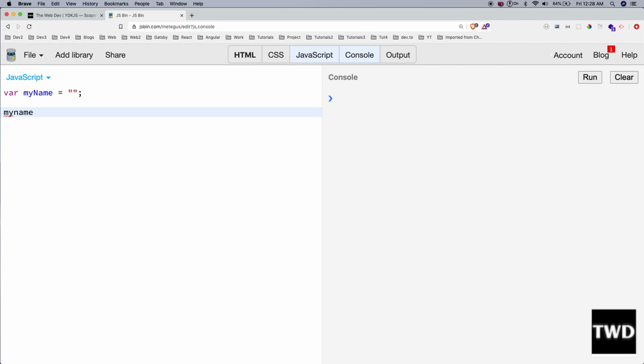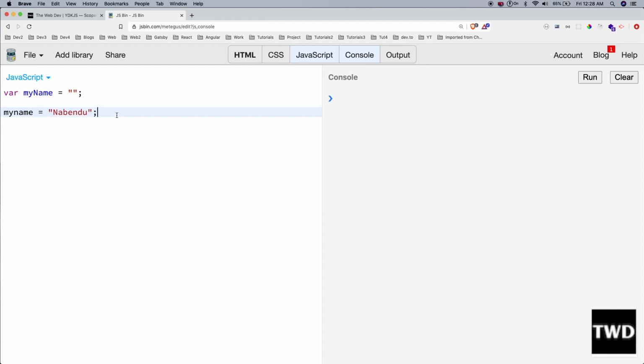Still, it is accessible, because JavaScript created a global variable known as myname.